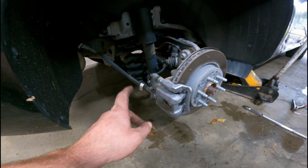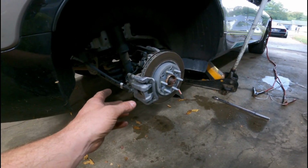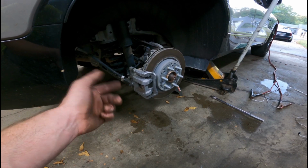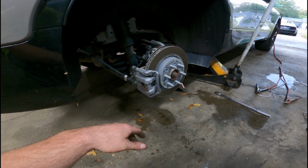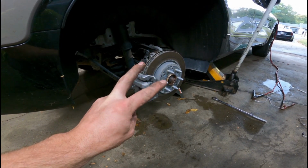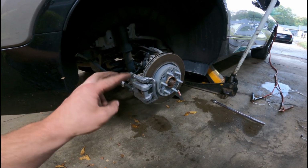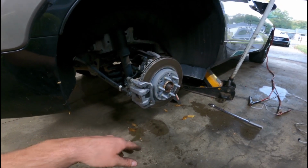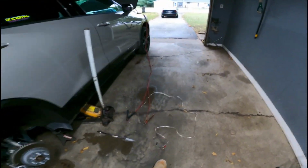These electric ones, unfortunately, I think the way to do it is to go into your computer with a good quality scan tool, and you're able to access these rear brakes or the emergency brake system. You then engage the switch on the computer. I'm assuming it reverses polarity, taking the original negative and positive and activating it backwards so that it retracts the motor. And then when it goes back into normal operating mode, it goes the other way. So anyway, we're going to mimic that. I don't have that scan tool, and not all of us have that scan tool,